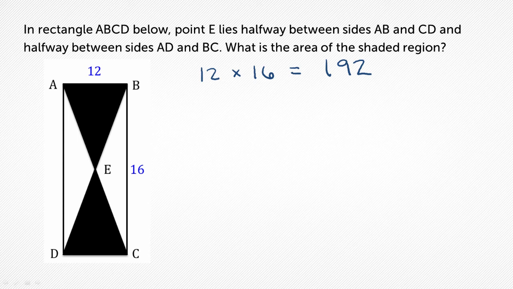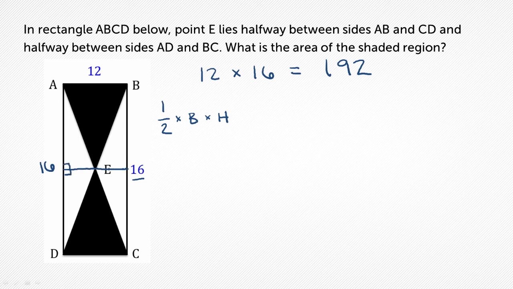Now, I want to subtract the area of the non-shaded region. And the non-shaded region is also two triangles, right? So I'm going to use that formula again, 1/2 times base times height. So now, in this case, our base is going to be 16, right? We have these long triangles here. And to find the height,